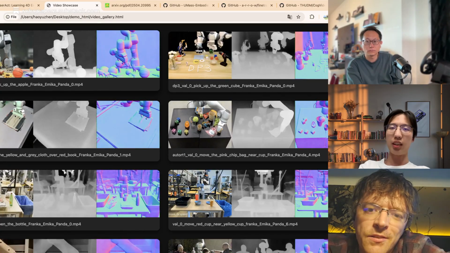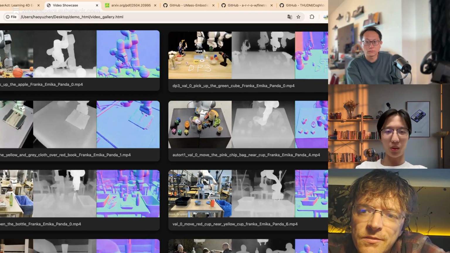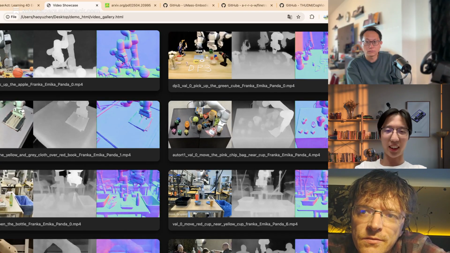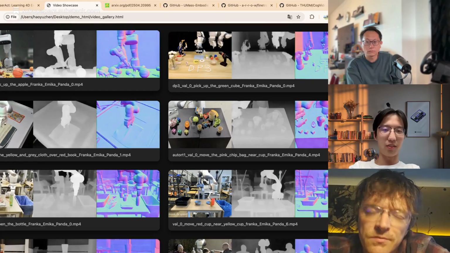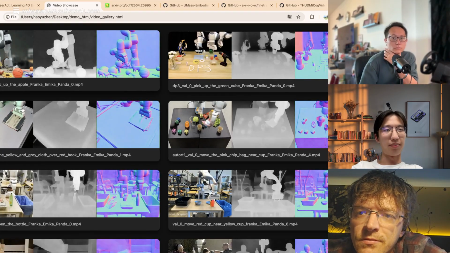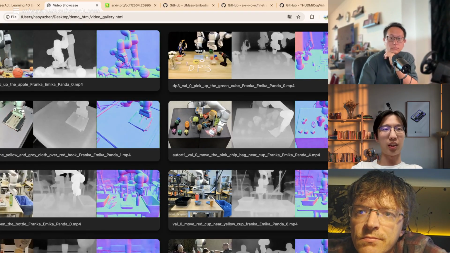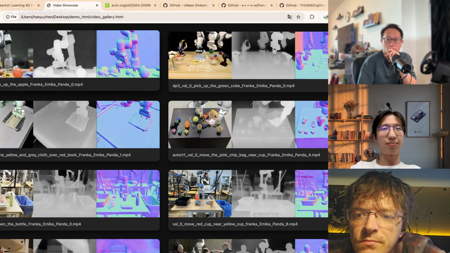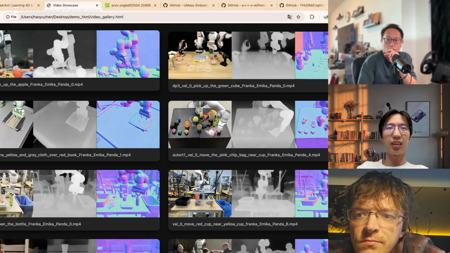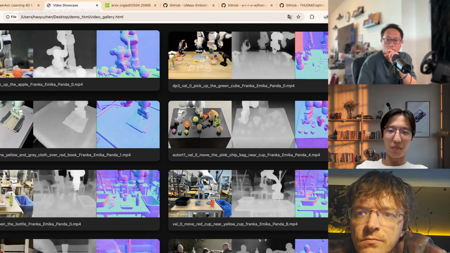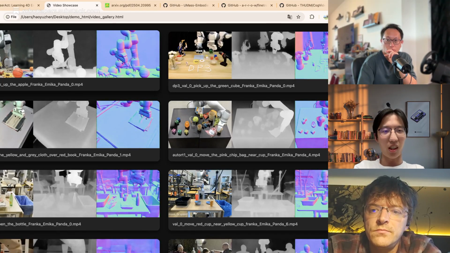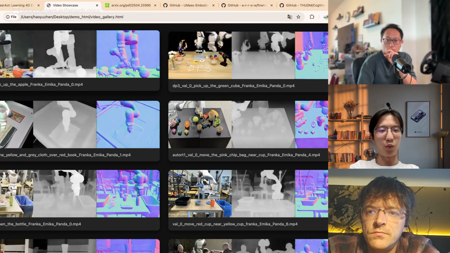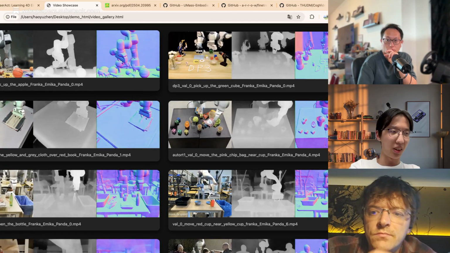Yeah, I think world model is really a great architecture or a great idea for robotics. It can guide how a robot arm performs actions or how it moves in a really complex scenario.